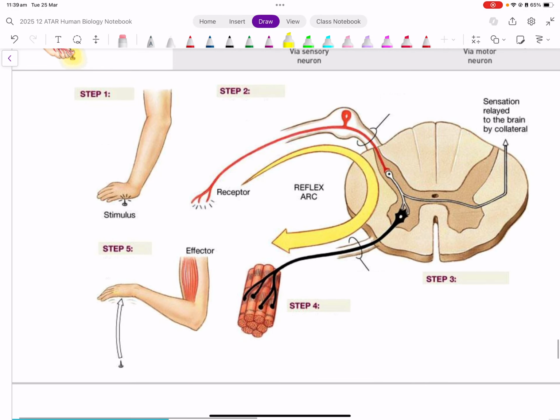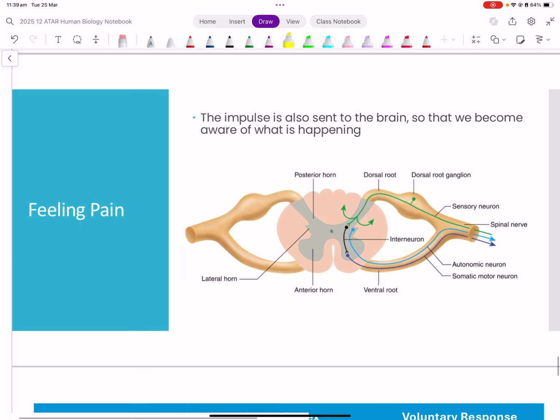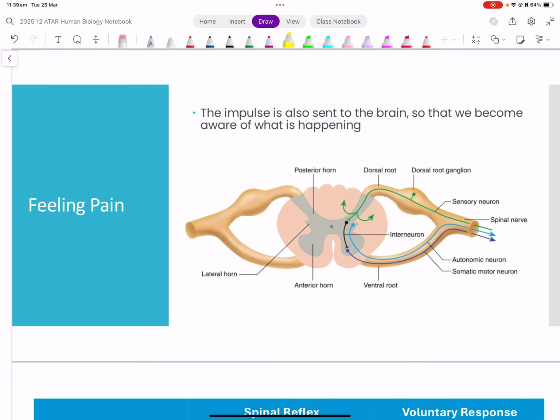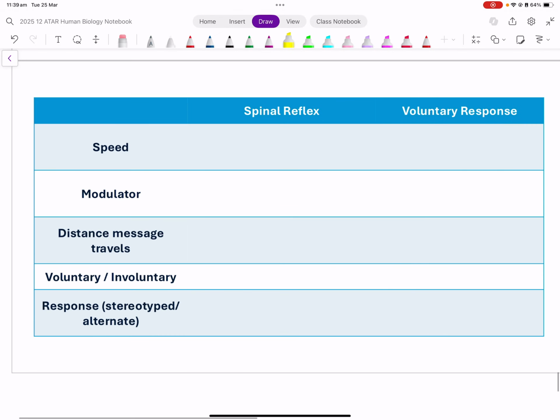This here is, again, the same example from earlier where we looked at placing a hand on a sharp object, the bicep muscle contracting, but just a different diagram should you choose to go back through this one. But let's talk very briefly about feeling pain before we get into our final bit, which is just comparing a